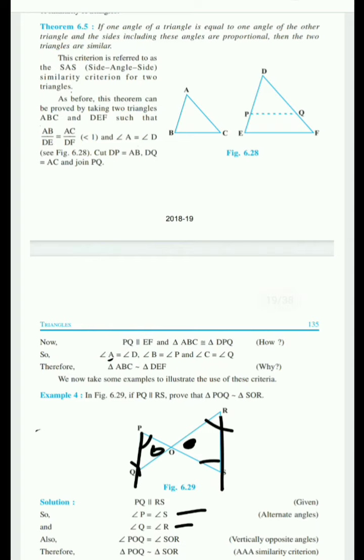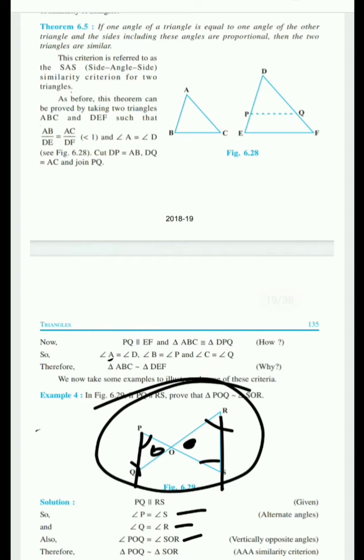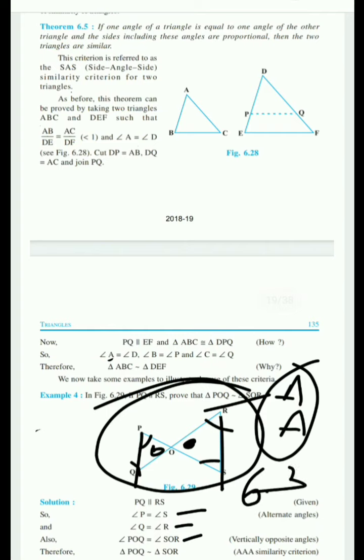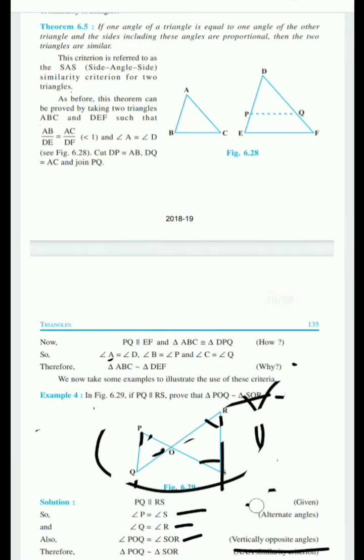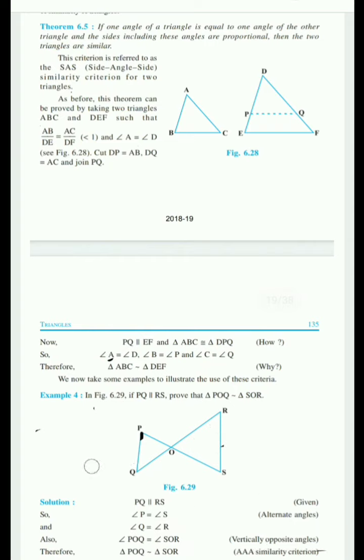So they have mentioned over here, if three angles are the same in two triangles, meaning AAA. If two angles are also the same, we will say that both triangles are similar according to theorem 6.3. Because there we proved that if two angles are the same, then the triangles are similar, but here we can match all three. So here they have used the AAA similarity criterion. But if you want to prove it by AA similarity, then that will also be helpful to you, and you just have to mention according to 6.3.